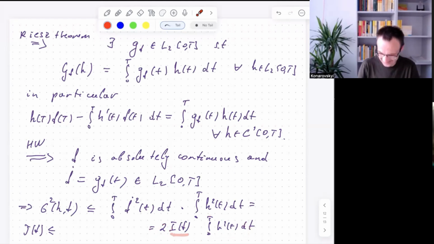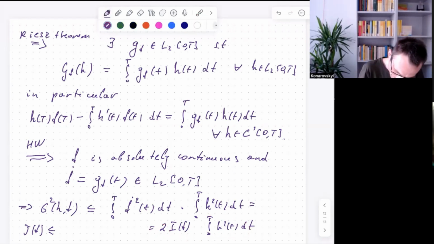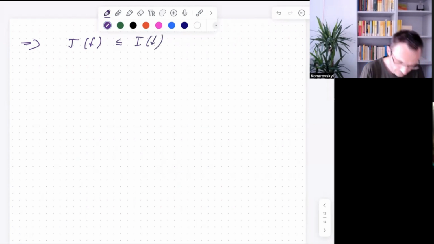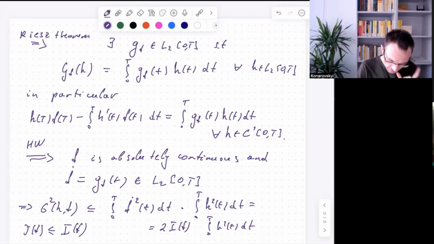But you see that everything, for every h, is estimated by I. Let's summarize, or write this once again, that we got that I of f is less or equal than I of f. Okay, good. It is like that one. And you see that here we didn't use everything because